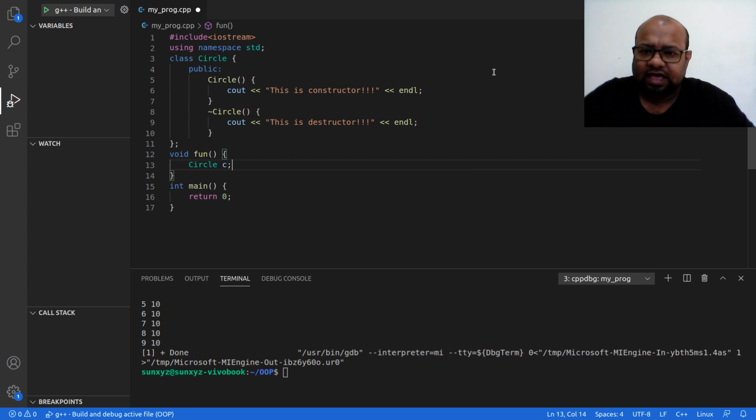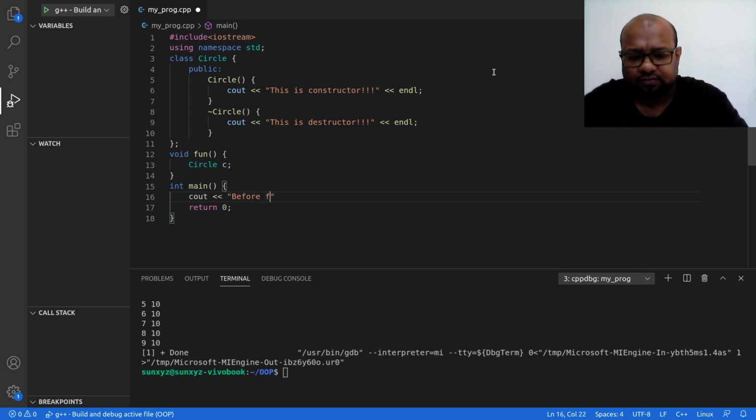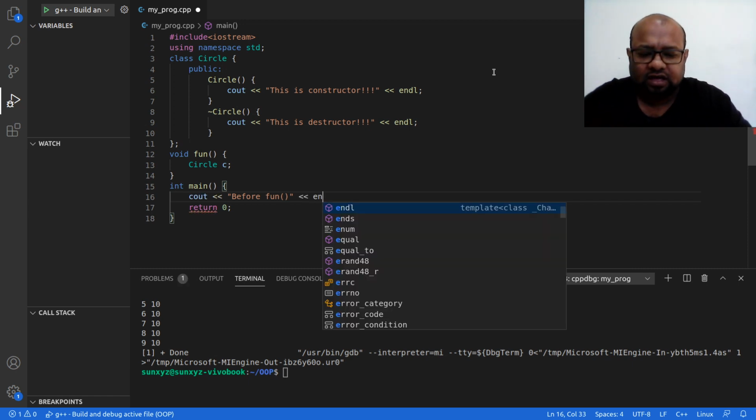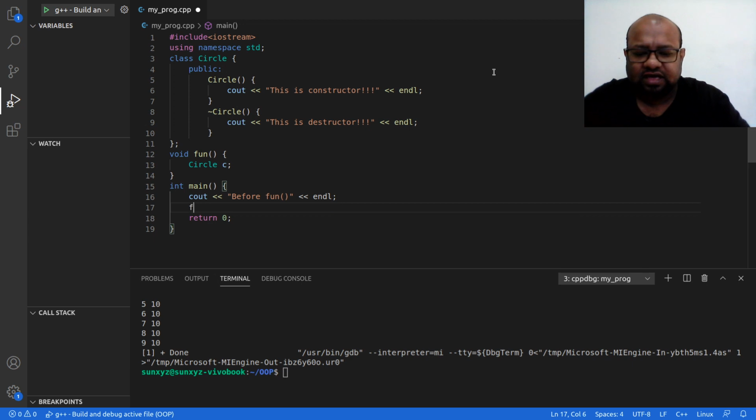In my main function let me print before fun. I expect this string to be printed before I call the fun function, and then I am going to call the fun function, and finally print after fun.